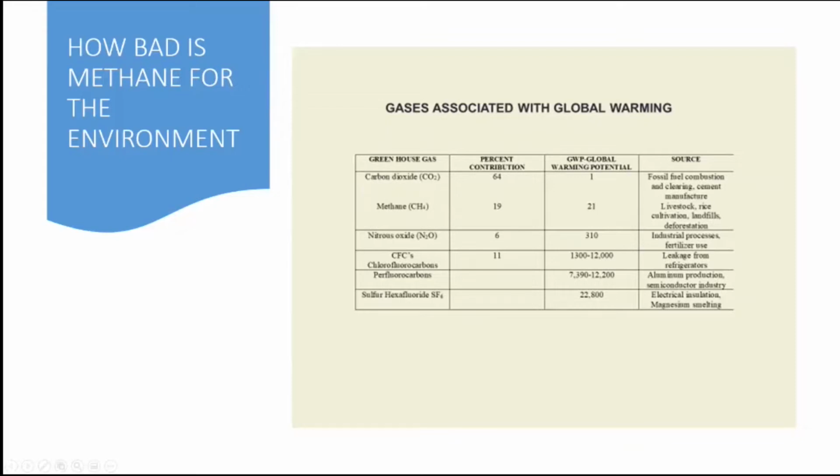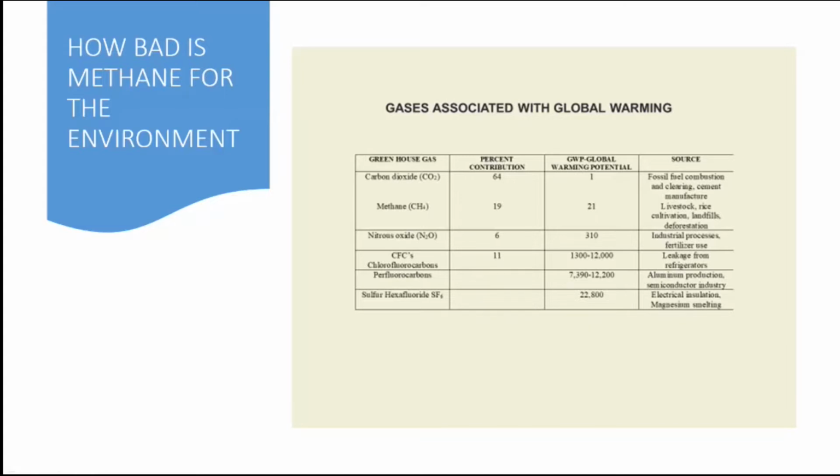Here we have carbon dioxide. Carbon dioxide makes up about 64% of the greenhouse gases, and it has a global warming potential of 1. Global warming potential means how much it heats up the environment, okay? Carbon dioxide, since it's the main culprit, we give it a number 1. You see these other numbers here, such as methane, which accounts for 19%. That has a global warming potential of between 21 and 85 times. And what that means is it heats up the environment that many more times compared to carbon dioxide.